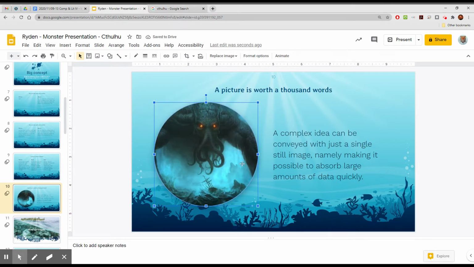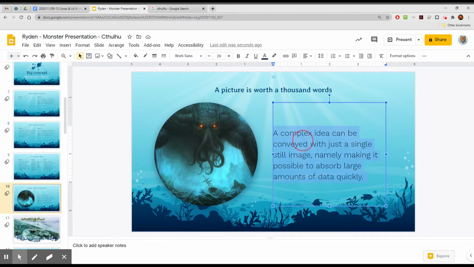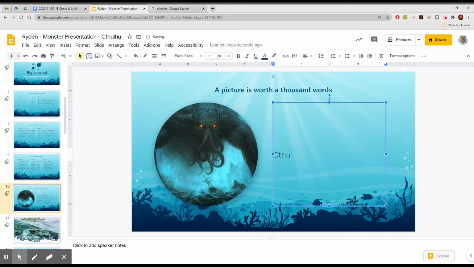Now, this frame's okay. You'll run into a lot where when you're putting them in these circles and stuff that it kind of throws it off. But that's a cool way to do that. I have that added in now. That looks really neat. And I can add in stuff here like Cthulhu, who apparently is really scary and apparently